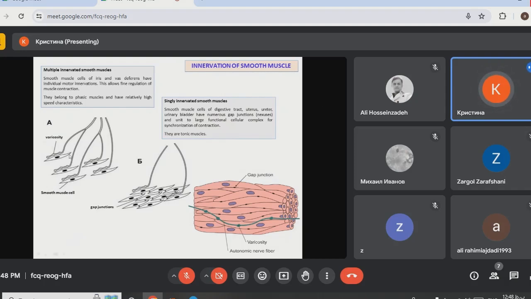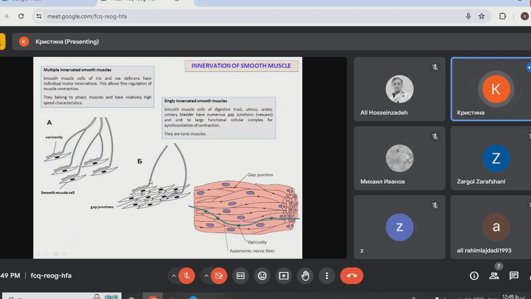As you can see here, some smooth muscle cells are innervated so that each cell is innervated with its own end of the axon of the neuron, and it is called multiple innervated smooth muscle. So each cell gets its individual innervation. It is for fascic muscles to have relatively high speed of contractions. But most of the smooth muscle tissues are innervated with single